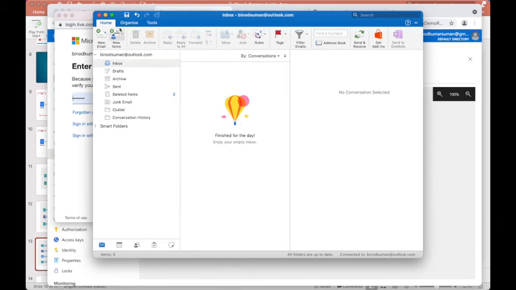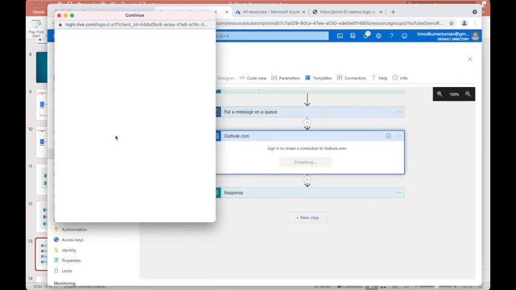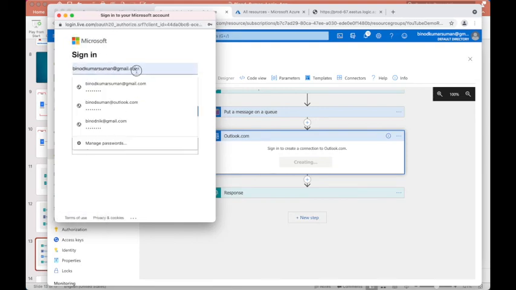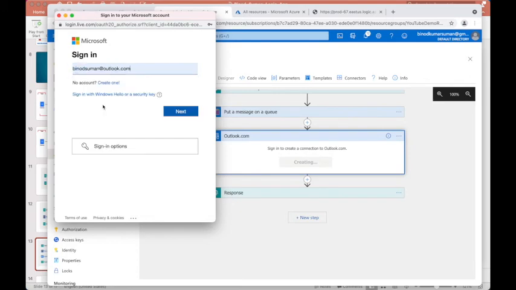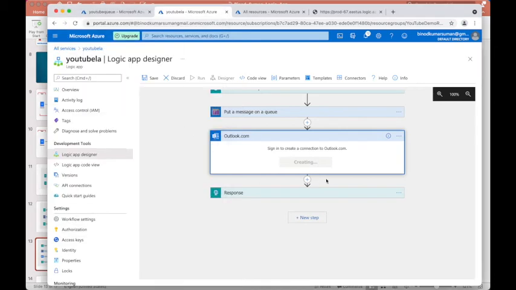Next, it asks for the password. Now you get the message that it is connected.